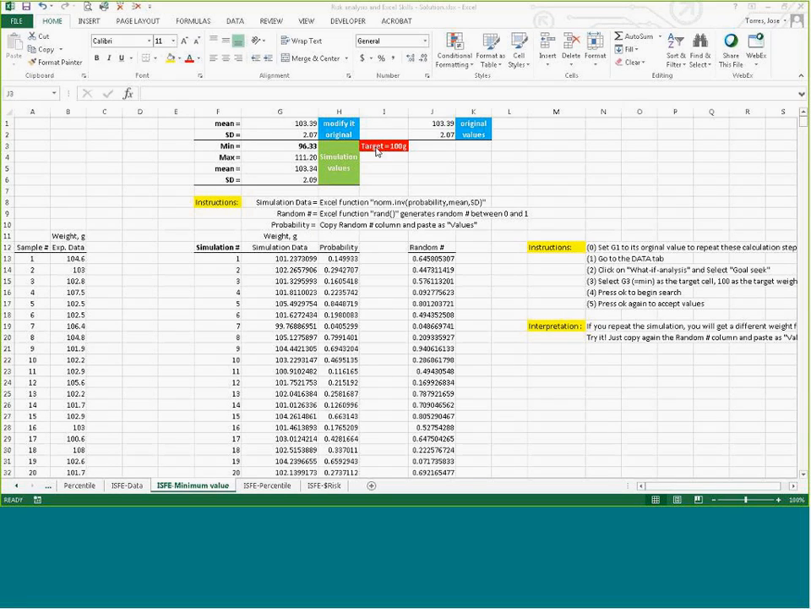We have the original value of 103 as the mean and 2.07 as the standard deviation. The standard deviation will not change when we do a minimum adjustment of the fill weight. So when I come to the deviation, our mean value would be adjusted, so it would be modified. There is a function in Excel called NORM.INV, which I'm putting there,